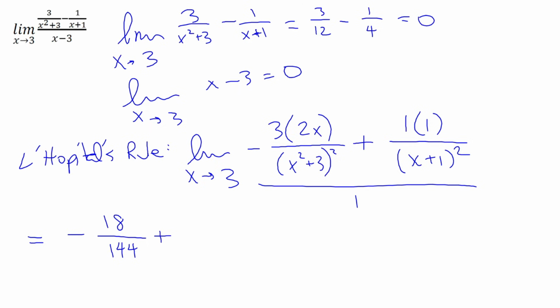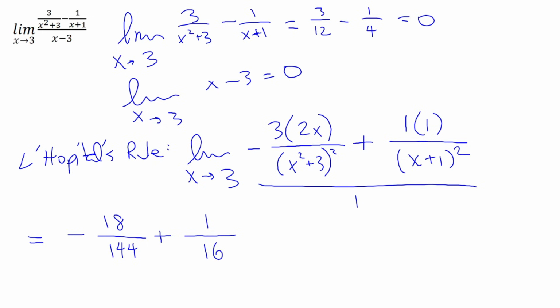And then we have plus 1 over 3 plus 1 is 4, and 4 squared is 16. So we got some options here on this. We do need to simplify this down a little bit. So we can certainly